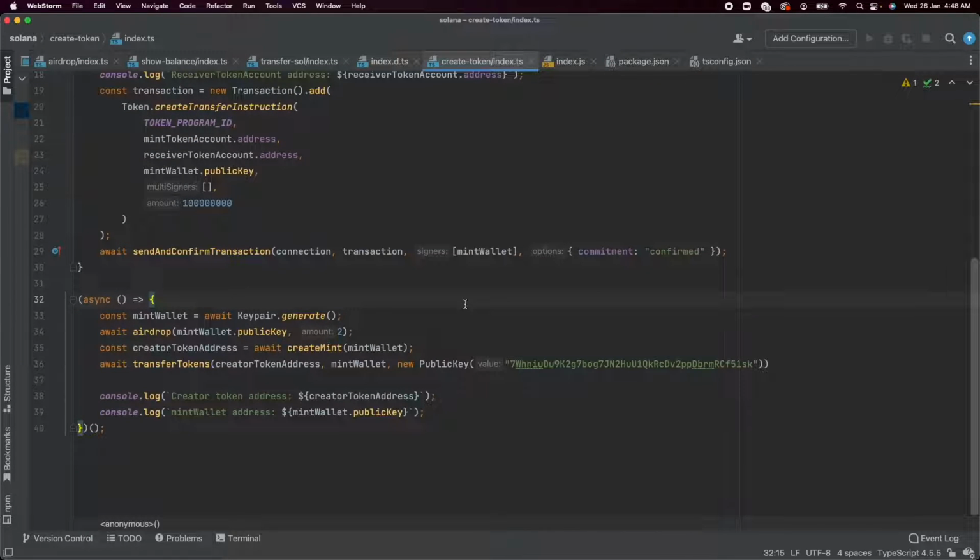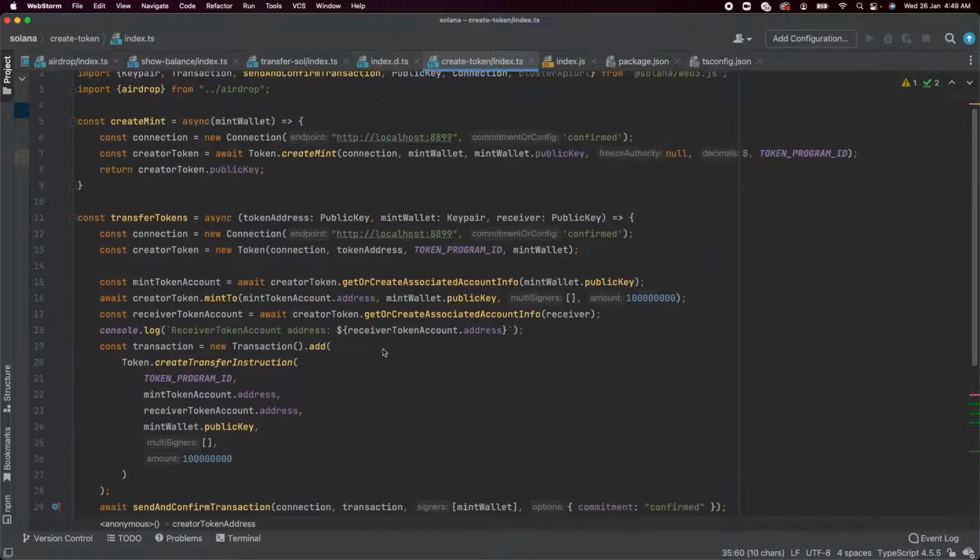If we go inside the main function, the first thing that we see is that we've created something new called a mint wallet. This is basically a new wallet, and it's called the mint wallet because this wallet will have the authority to create new tokens, or create a fresh supply of tokens, for this new token that we're defining. The first thing we do on line 34 is airdrop a bunch of Solana into this wallet, because in order for it to create a new token, it'll need to pay some transaction fees. Then on line 35, we're calling a new function called the create mint function, and we're passing in the mint wallet to it.